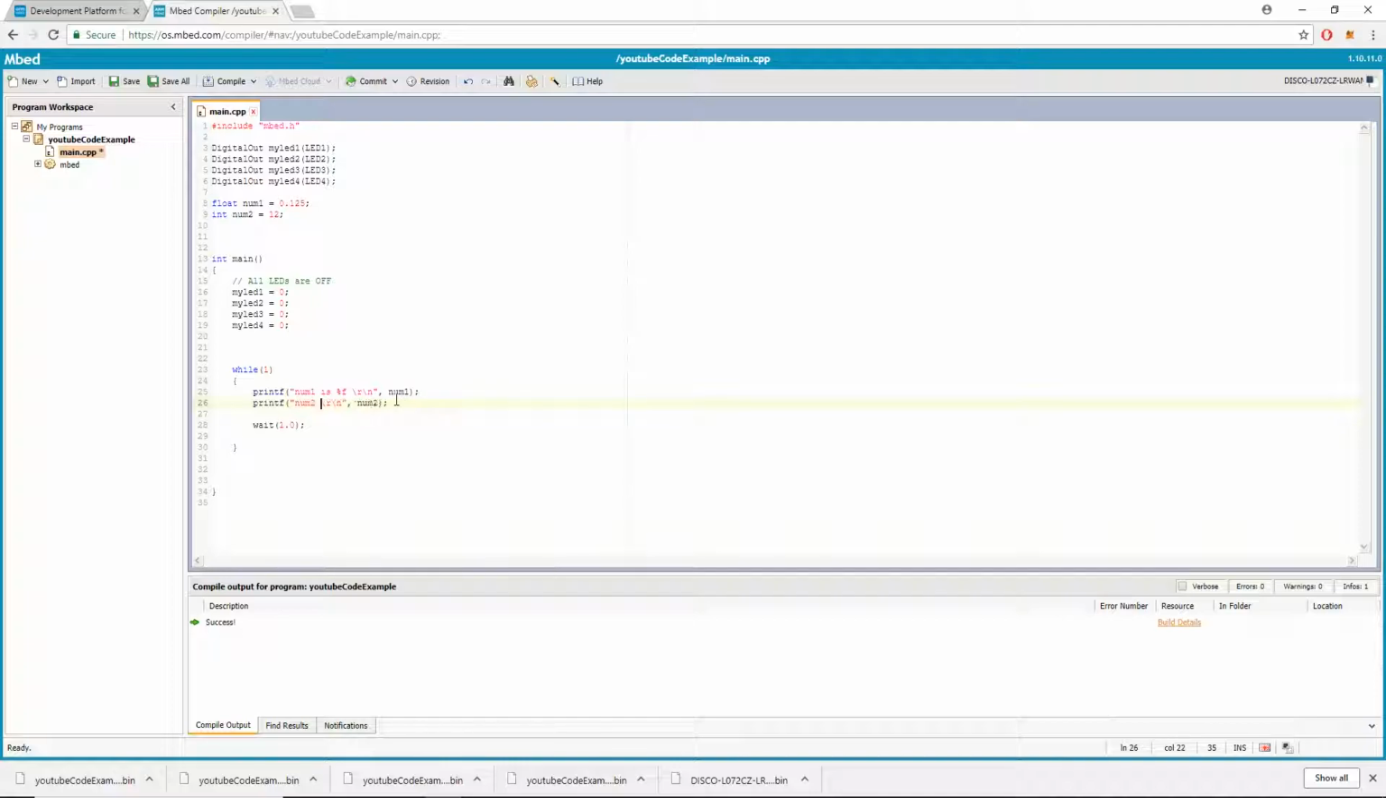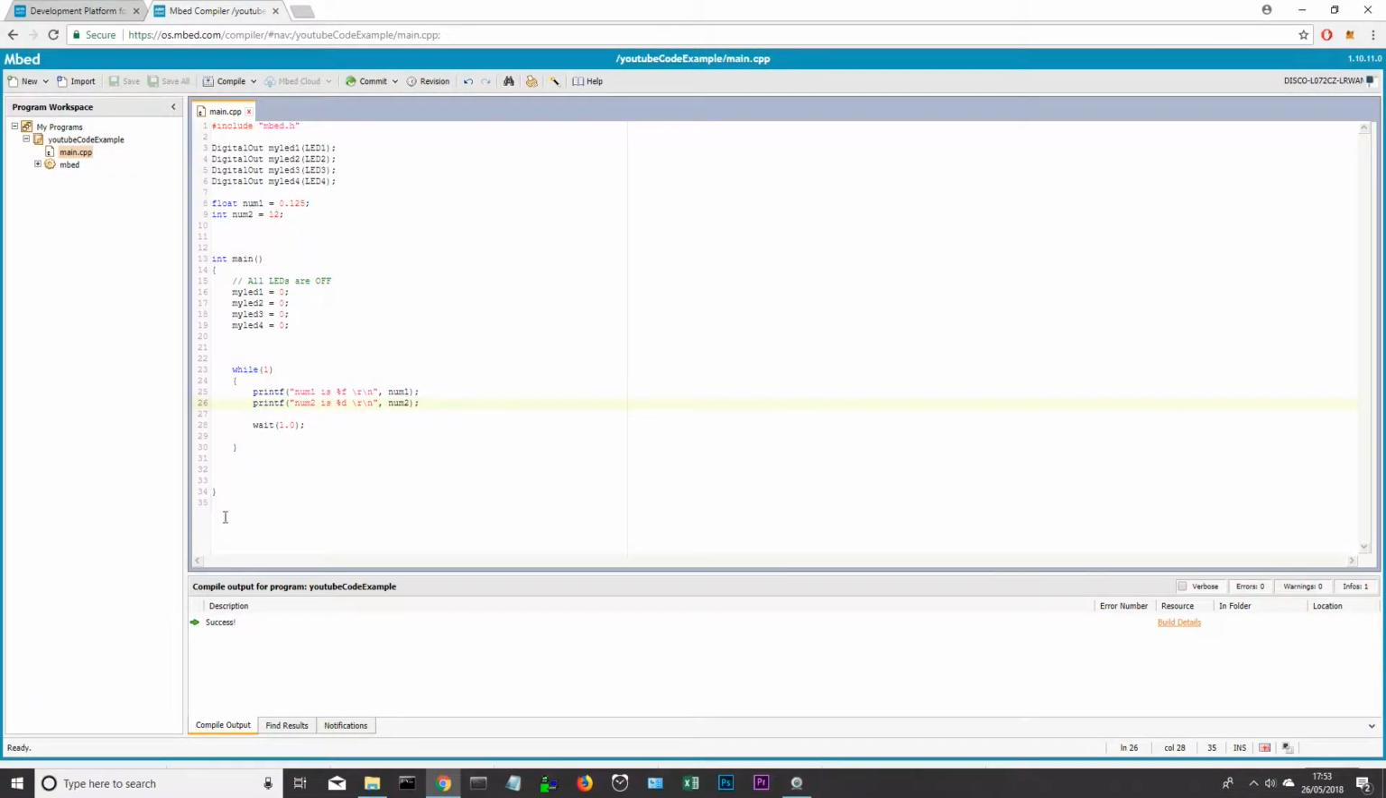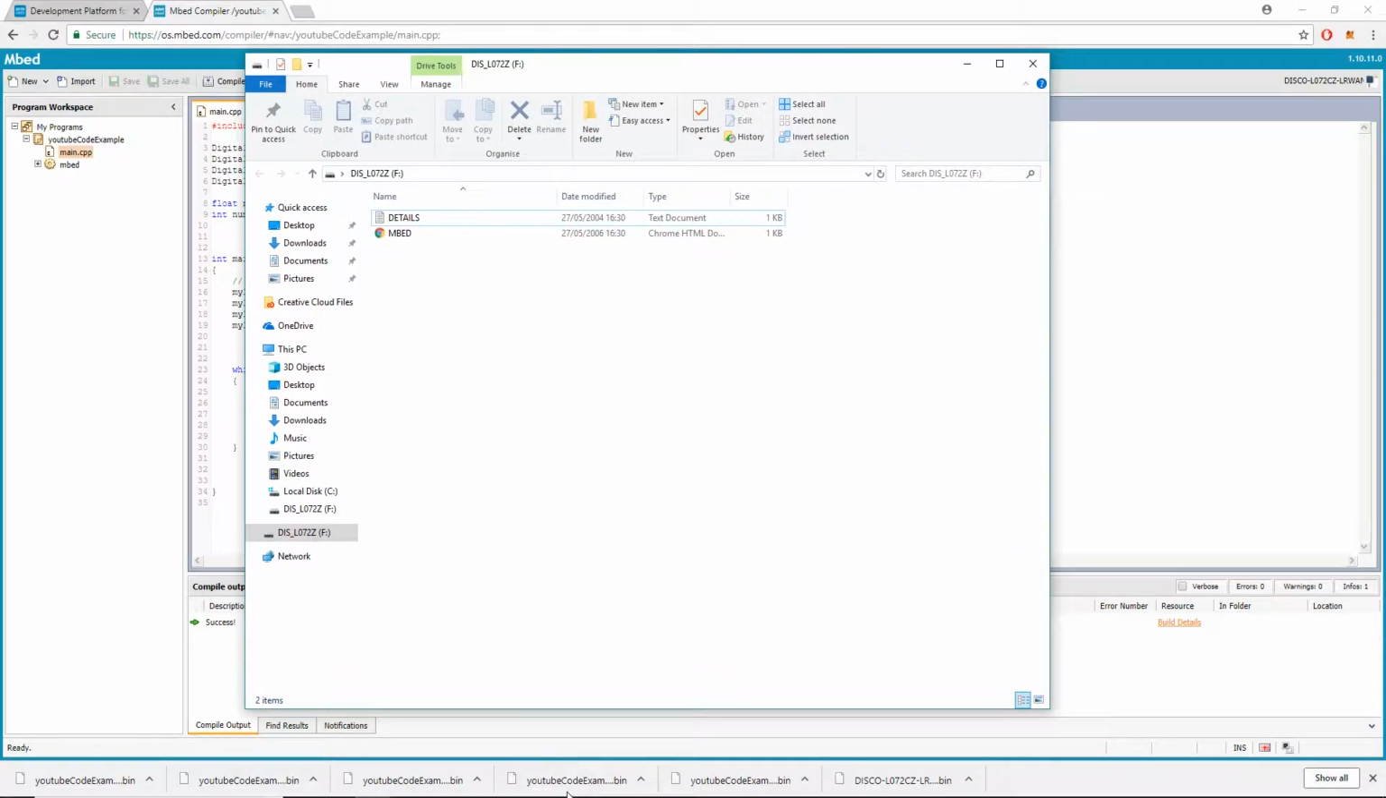We want to say num2 is %d in this case, and remember we haven't defined the baud rate or anything, which means it's automatically going to set all of this to 9600. We can now load this onto the microcontroller,